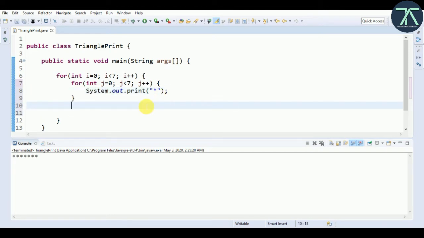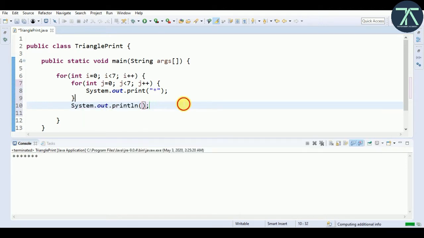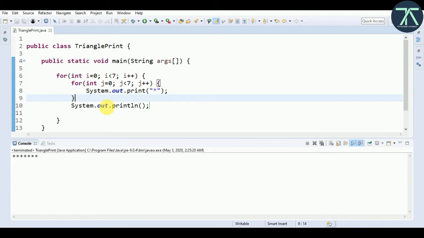Outside of this loop I just print a new line. In Java, if you call println, it will print a new line. Now if we save and run it, we'll get our block of stars, right?